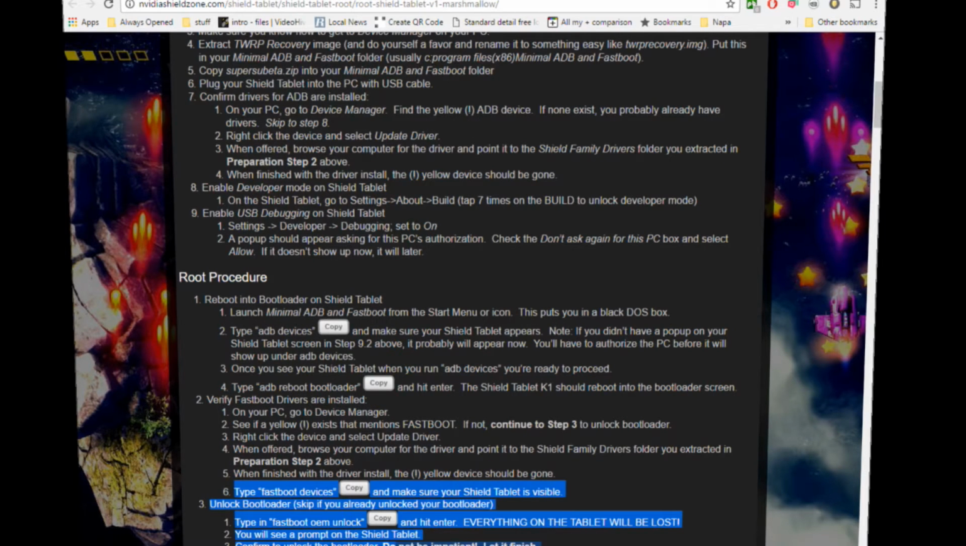So once you get the right files, the ADB files and the USB files, basically the USB driver, and fastboot installed correctly, you'll be able to see your device. And then what you do is you go back over here, okay? Once you successfully unlock the bootloader,